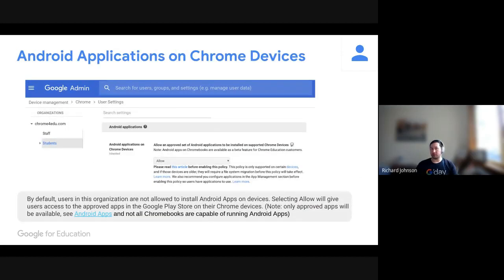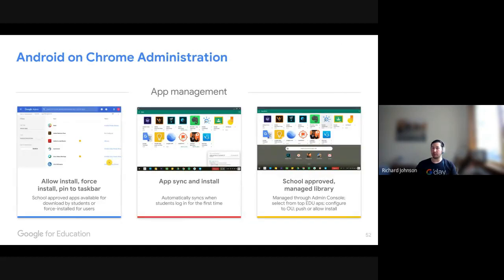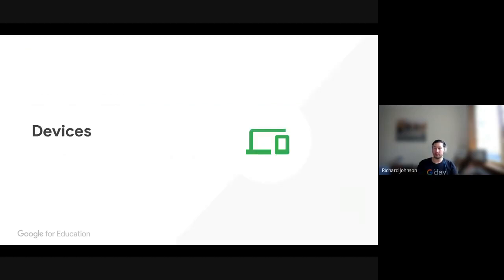And again, Android applications on Chrome devices, it's a two-step process to enable them. The first one is you need to enable it for the OU to allow the Play Store to open up on a device. And the second part is you need to actually select the applications to push down. So this is an allow list process. It means that you can't supply the entire catalog to an end user. You have to select the applications for them and then push them down and give them the choice of installing them, or you can force install them on the device. Okay, I'll stop there for a couple of seconds if anyone's got any questions.